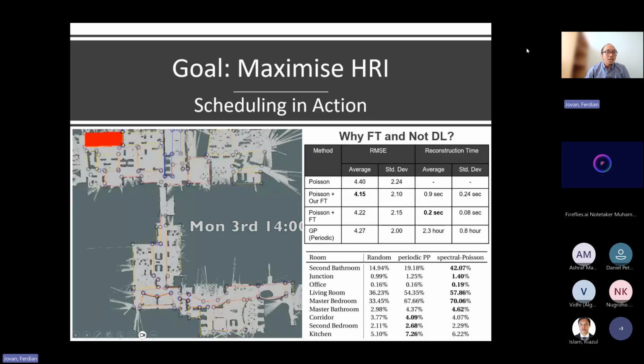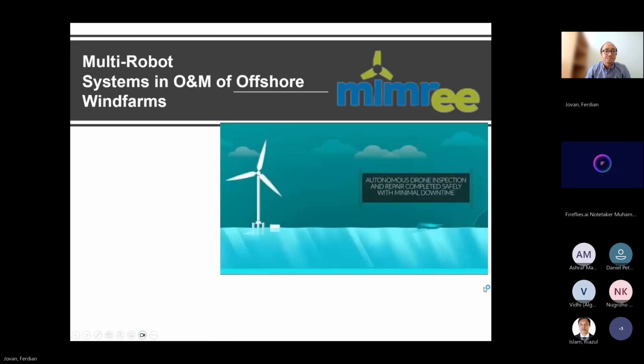So it's not good. And even if we compare in terms of the interaction that the robot can have, between the state-of-the-art Gaussian process and my own, it's similar, and in some cases it's actually beaten by my technique. So what I'm trying to say here is that you don't need to go with a fancy thing. You need to look at the problem and try to solve it in its own territory or domain. You don't need to go with a fancy technique as well. Just look at the problem and try to solve from there. Okay.